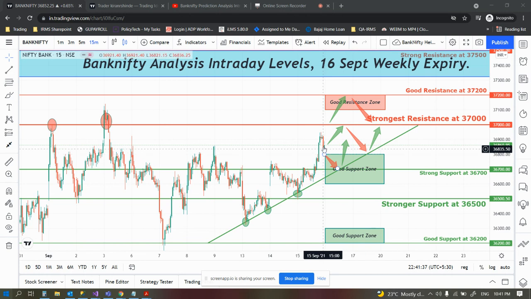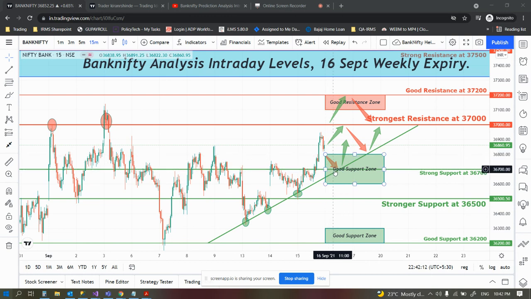And the third case would be if the market opens on a negative side. But we can see a good support zone from 36,600 to 36,800. So even if it opens negative, what would happen? Due to the selling pressure, it would come down to this particular level where we have a strong support at 36,700 levels also. So there are more chances that it may bounce back to the 37,000 level,